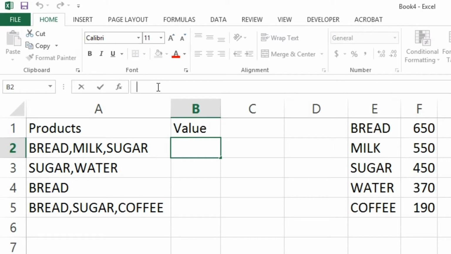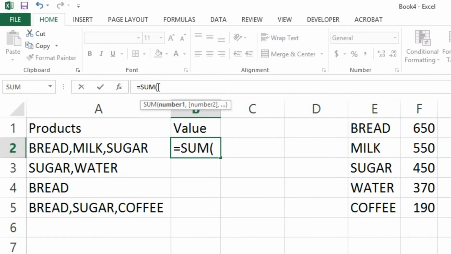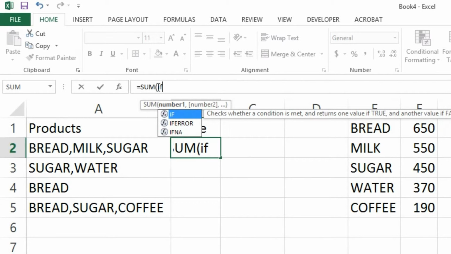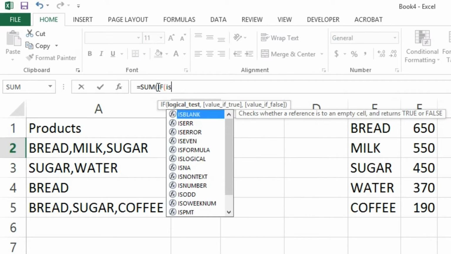Okay, let's start. We'll press equal, then SUM, tab, then our IF function, then ISNUMBER,